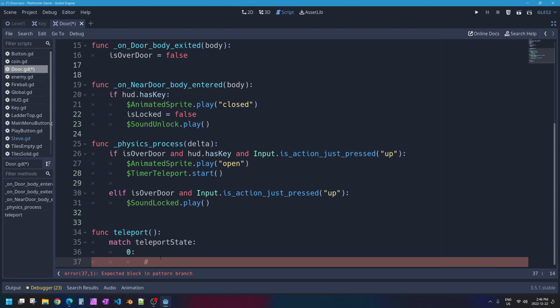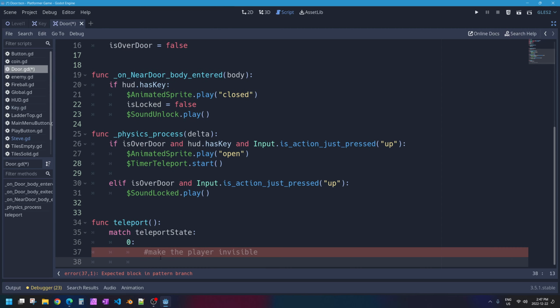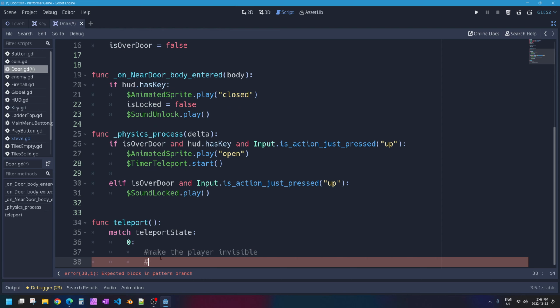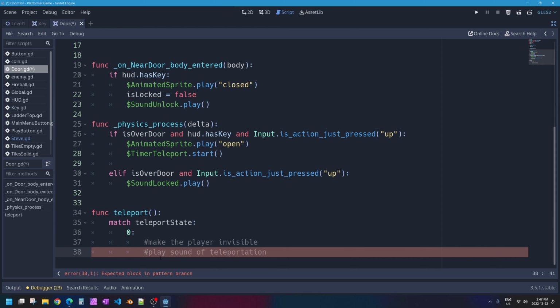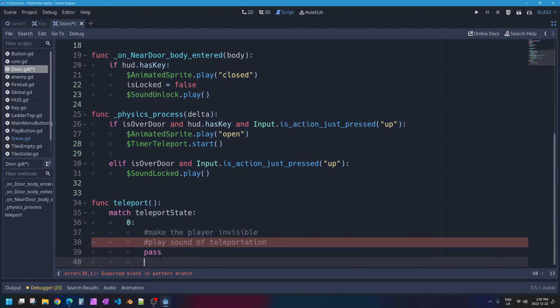After 0.3 seconds, I want to make the player invisible. I should also make the teleport sound play. So play sound of teleportation. Those are the two things I want to have happen after 0.3 seconds. So just for now, I'm going to put the word pass right there, and that'll stop our code from erroring